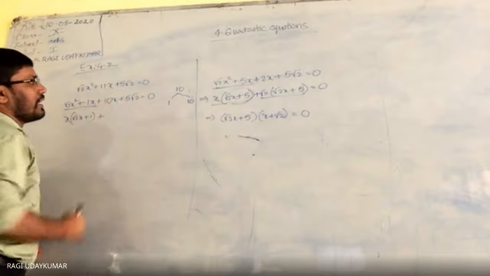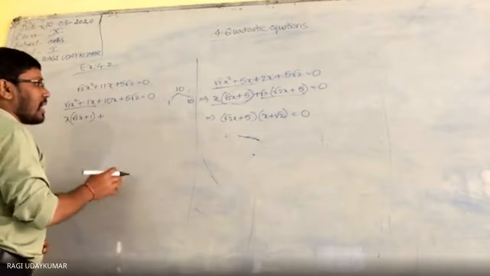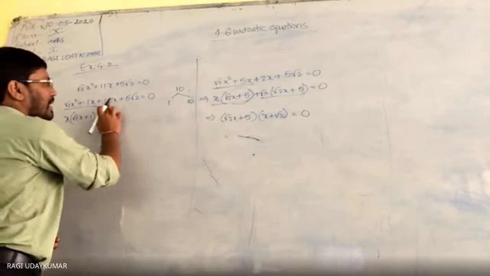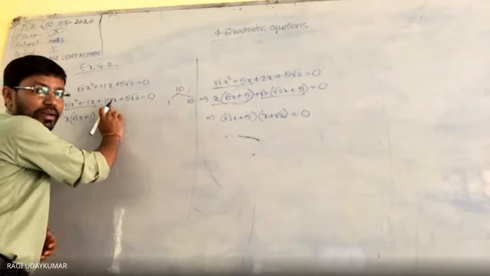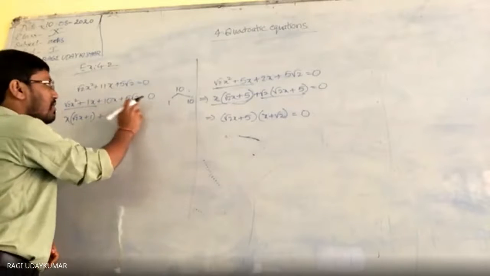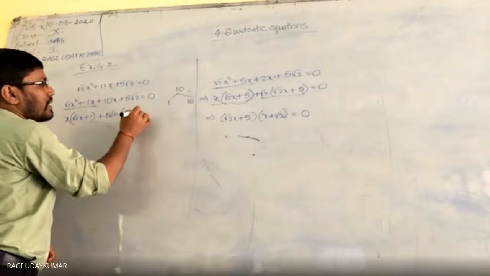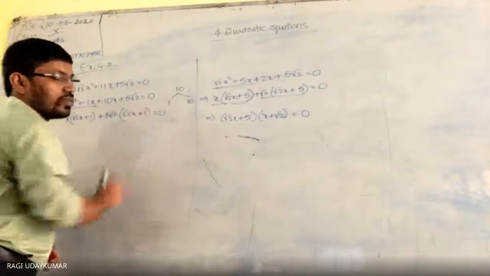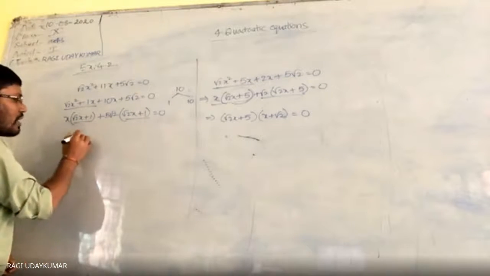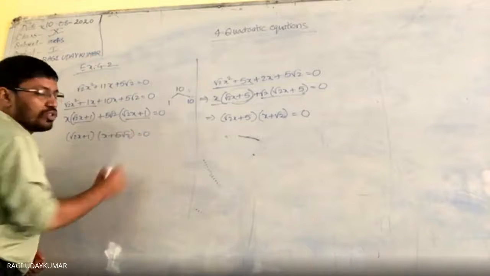From these two what can you take common? What can you take common in this? 5 you can take common. Here if you are taking 5 common, and 2 will be there, in that 2 root 2 will be there. So that's why 5 root 2 you can take common. So taking 5 root 2 common, root 2x plus 1. Now see here, this one and this one are the same. That you take common: root 2x plus 1 and x plus 5 root 2, this is equal to 0.